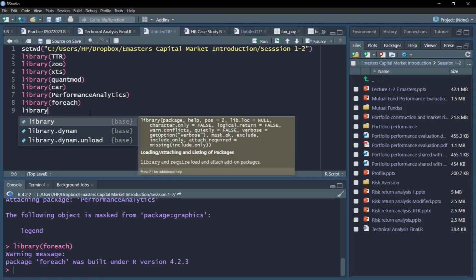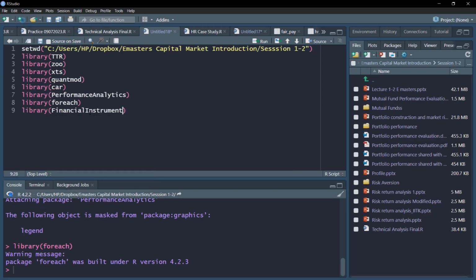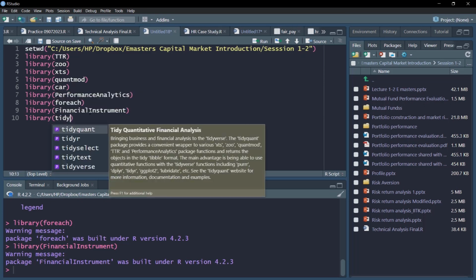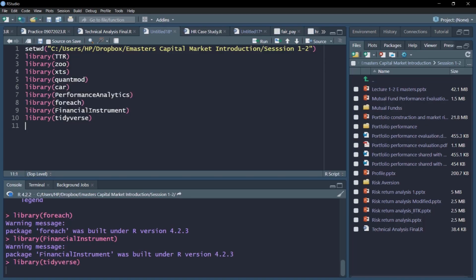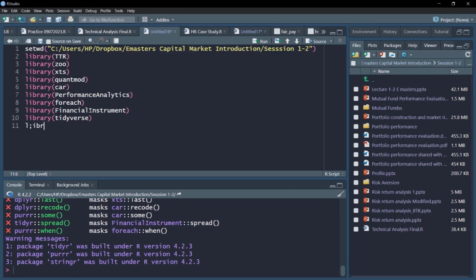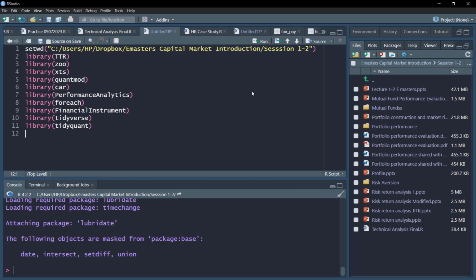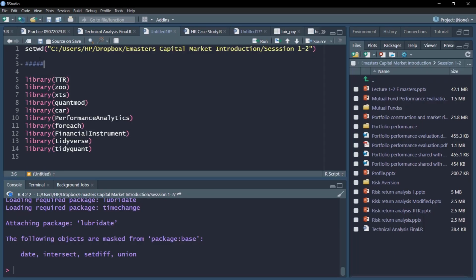Next, we have library FinancialInstrument, library tidyverse, library tidyquant, which is also very important to work with quantitative techniques in R. With this, we have completed loading the relevant libraries. In the next video, we'll discuss how to download the data and visualize the data.